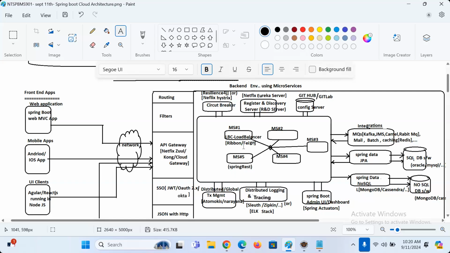Especially for the UI people, it's going to be a headache, or not? Because for different services, they need to communicate with different URL-based microservices. That's why they have come up with a concept called API gateway. What is that? It acts as an entry and exit point for all the other microservices of the project. It is itself one microservice, a special microservice that acts as entry and exit point for the other microservices.